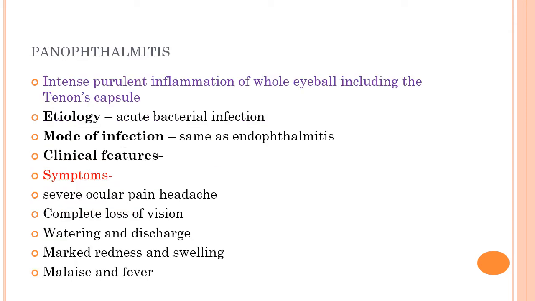Then what is panophthalmitis? It is almost similar to endophthalmitis, but in addition the outer structures, the Tenon's capsule, are also involved. So it is the advanced form of endophthalmitis if it is not treated in time. Again, the causative organism is bacterial. But symptoms are very severe compared to endophthalmitis. Here, a lot of headache will be there, complete loss of vision will be there, and some patients may feel fever and